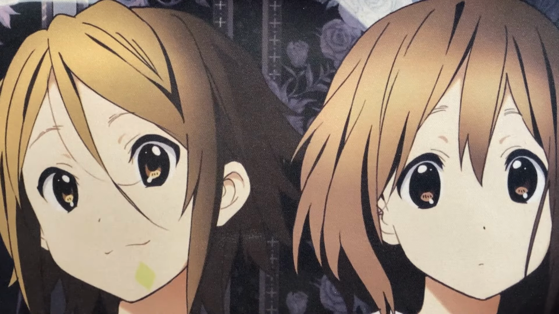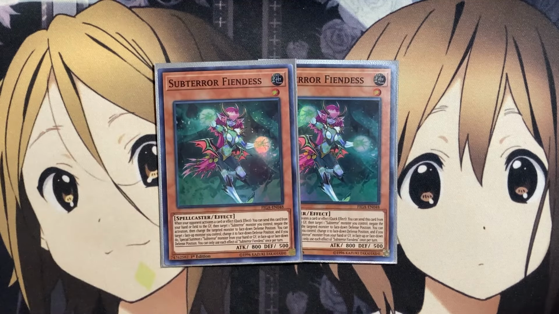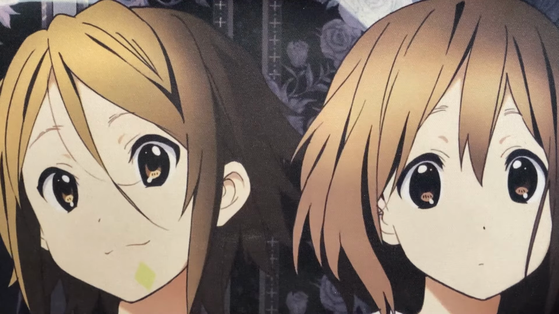Our other Subterror monsters include the 2 copies of Subterror Fiendus that I also run. When your opponent activates a card or effect, quick effect, you can send this card from your hand or field to the graveyard, target 1 Subterror monster you control, negate the activation, then change that targeted monster to face down defense position, resetting up cards like our Guru while also being able to negate the effect of our opponent's activated card or effect. And then also you can target a face up monster you control with that defense and then change it to special summon 1 Subterror monster from your hand or graveyard in face up or face down defense position, giving us more resource for our other Subterror monsters which we run, which are just one-ofs for some of our bigger boss monster Subterror monsters,